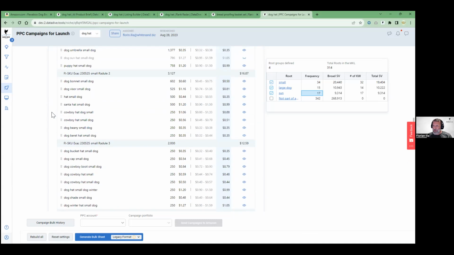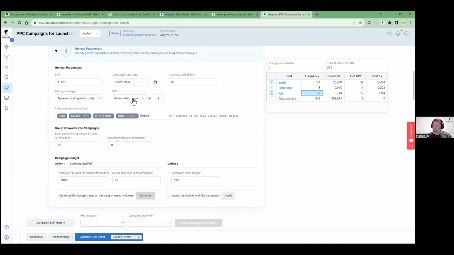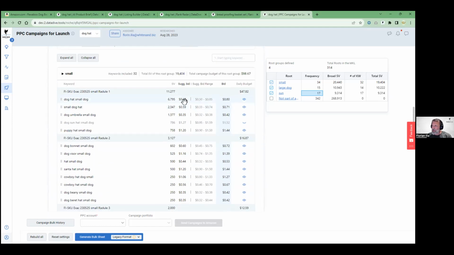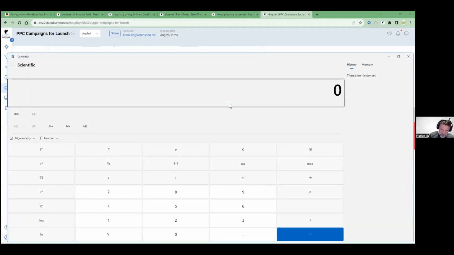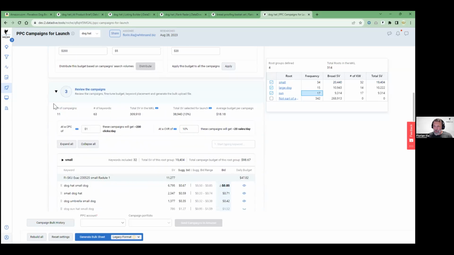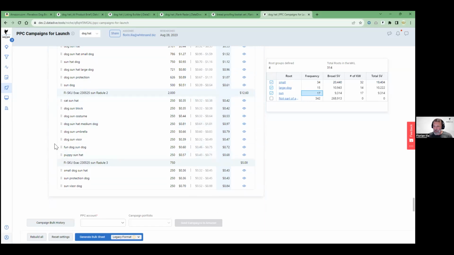organizing automatically. It's putting the bids that are minimum times 1.1. Let's make this suggested times 1.2. So you can see here, 0.67 multiplied by 1.2, what is that? 0.67 times 1.2 is 0.80, which is the bid that is here. You can also adjust manually if you want. So this one, I can make it 85 if I really want. And then I can reset it if I no longer want the custom value. But normally I would just create a rule and then I give it a little check and then I am